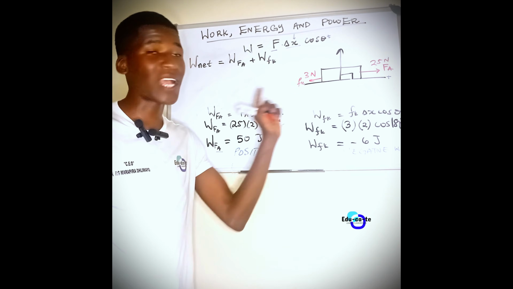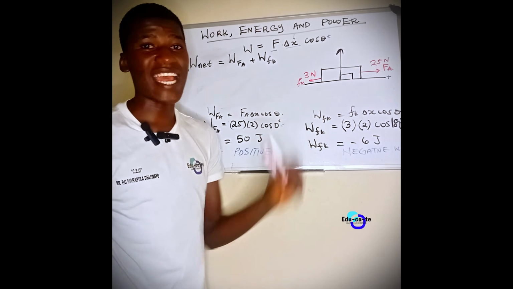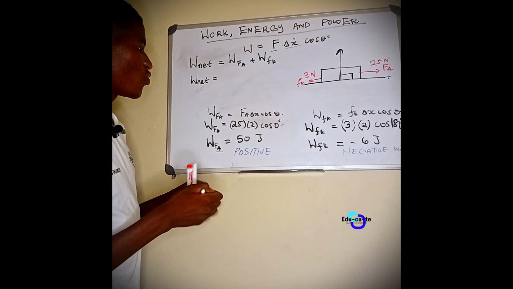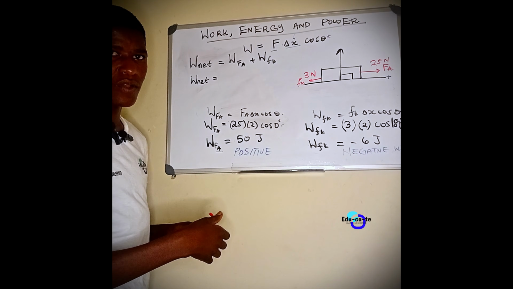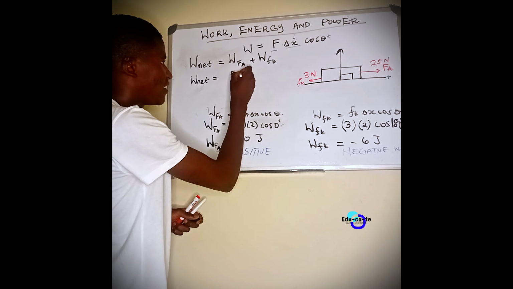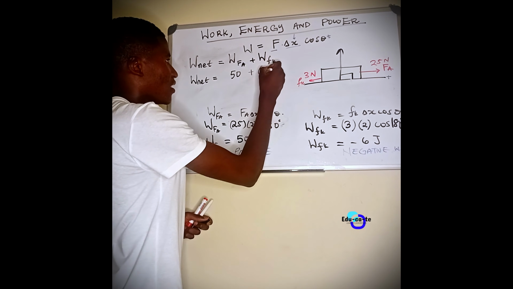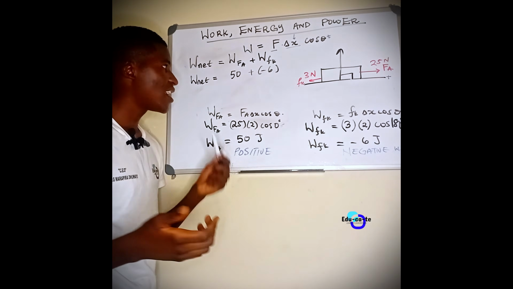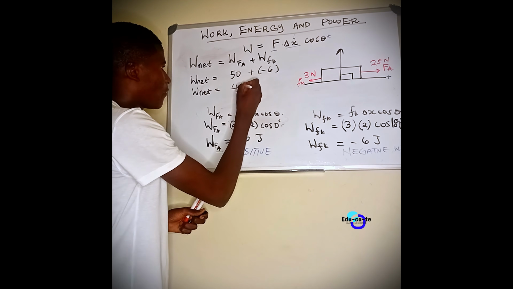Okay, the negative will come on its own using this cos 180 degrees. So to find the net work done for this scenario, we will say that the net work will be equal to, you can do the substitution again, or you can just calculate separately and then add the values together. If you do that, you're going to get the applied force did positive 50 joules, and the frictional force did negative 6 joules. So 50 plus negative 6, which is just 50 minus 6, is 44 joules. So the net work done on this object is 44 joules.